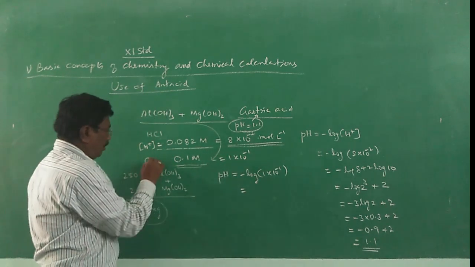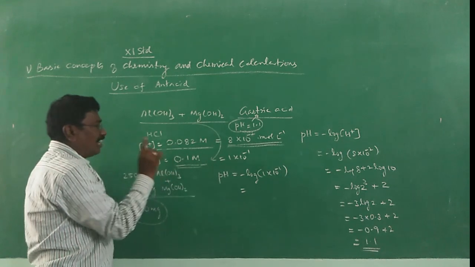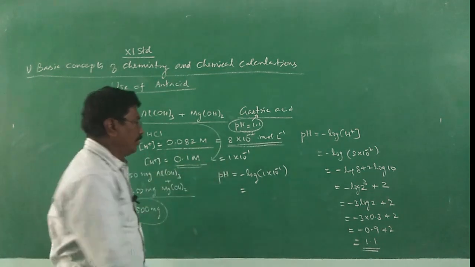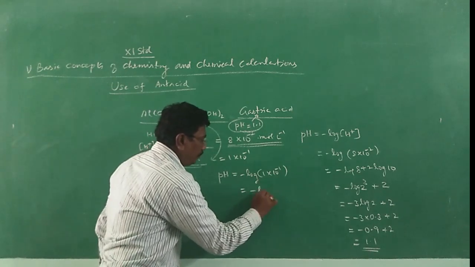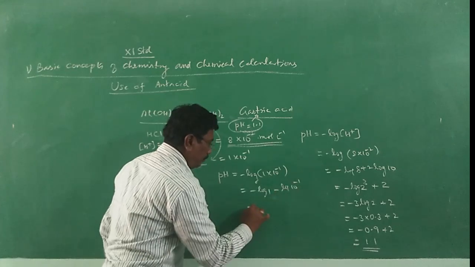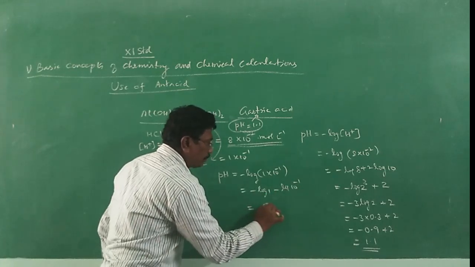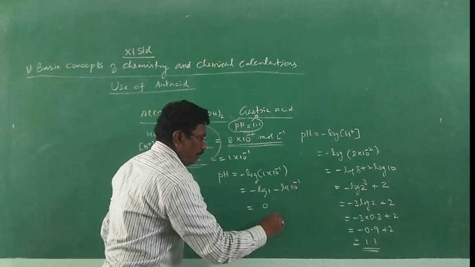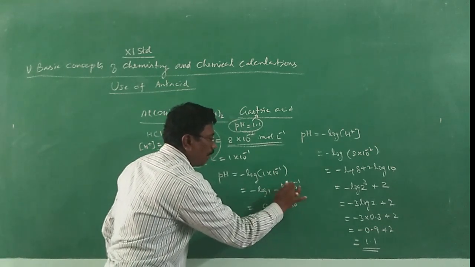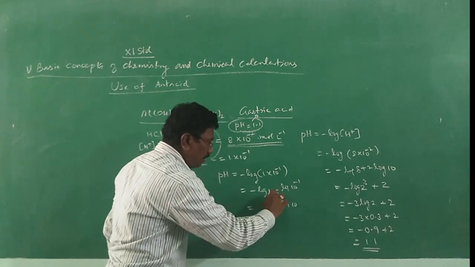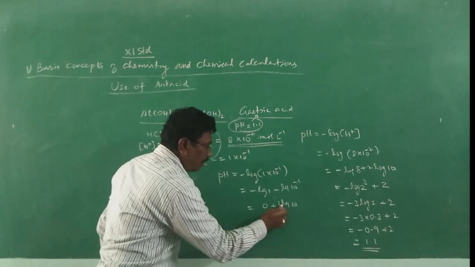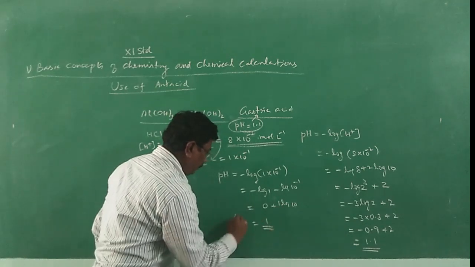Alright. When we started to feel acidity, the hydrogen ion concentration increased, therefore pH will be lowered. It is minus log 1 into 10 power minus 1, which is equal to minus log 1, and log 1 is 0. When minus 1 comes over here, minus into minus plus 1 log 10, because log x power minus y is equal to minus y log x. And therefore log 10 is nothing but 1, 1 into 1, 1. Therefore, pH is equal to 1.